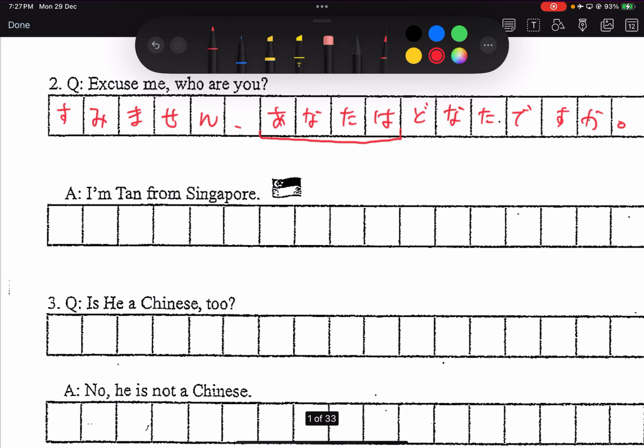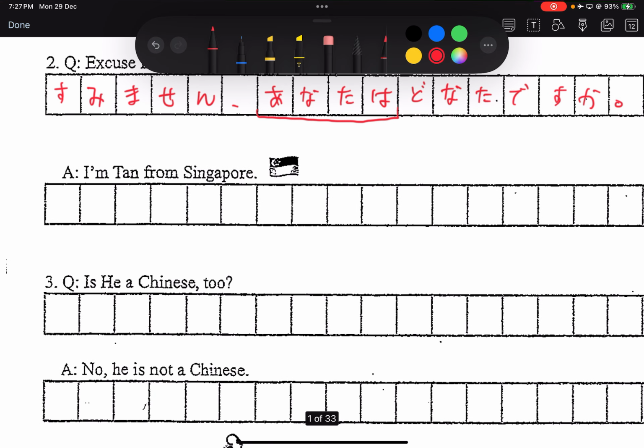Okay, I'm Tan from Singapore. ですね。私は I can't read my own writing. If you can write that, that means it's already in your head, right? Yeah, but because I kept needing to flip back to the front page. Okay, you were very close. You want to try again? 私はタン